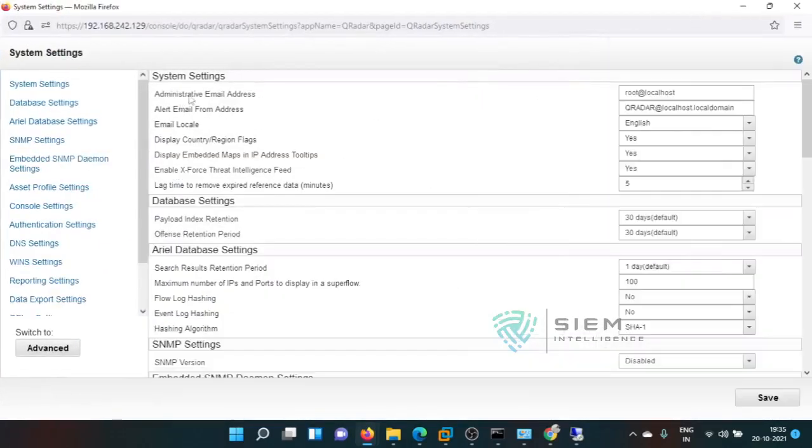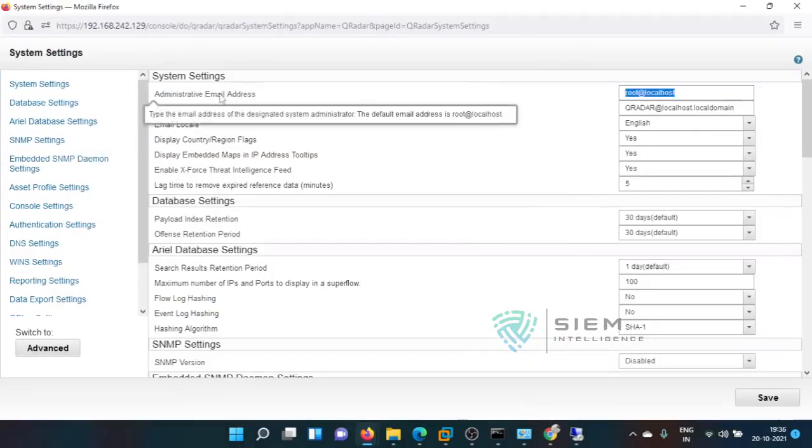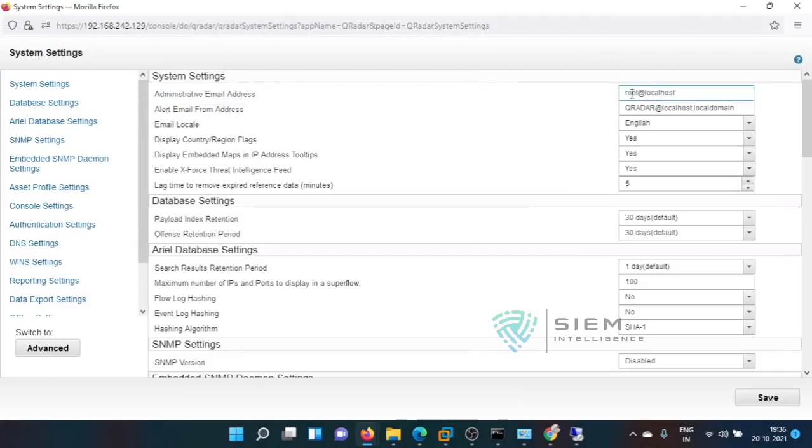There are some system settings. First and foremost is the administrative email address. As we said just before, this is not mandatory, you can give anything. Because you are sending mail from here, it will use this particular mail ID. I can give something like QRadar@yourhostname, or QRadar@ibm.in, else it will take it automatically.